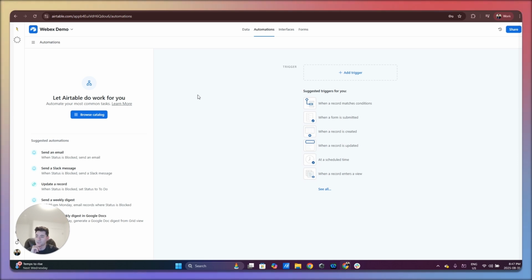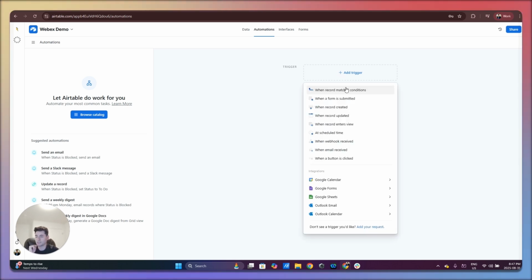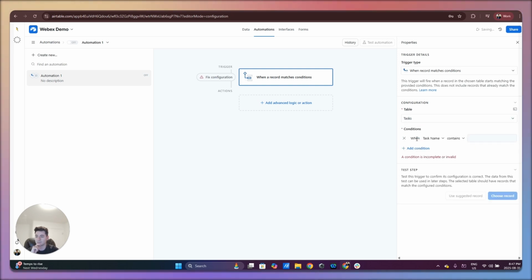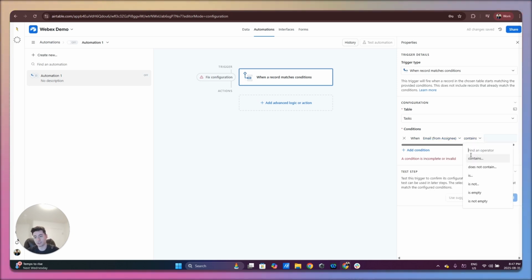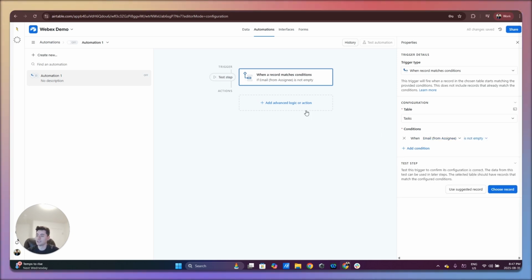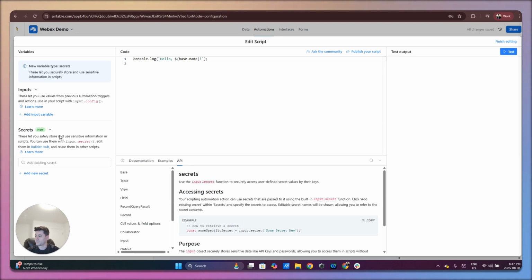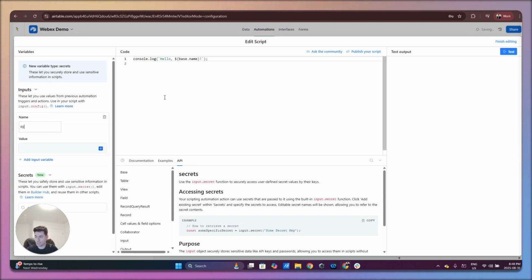and then simply go back to Airtable. So now I'm going to set up an automation. So for the purpose of this demo, we're going to create one automation. That's all that's needed for us to get the functionality that we're looking for. So we're going to have when a record matches condition on table tasks, and then I'm going to have it watch the email from assignee lookup field so that when it's not empty, that's when I'd like this Webex notification to go off. So now I'm going to add an action, run script, and then I'm going to use the record ID